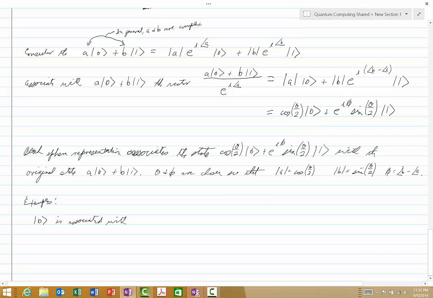When we take the Bloch sphere representation of that, what does it get associated with? Well, it gets associated with cosine theta over 2, 0, plus e to the I phi sine theta over 2, 1,